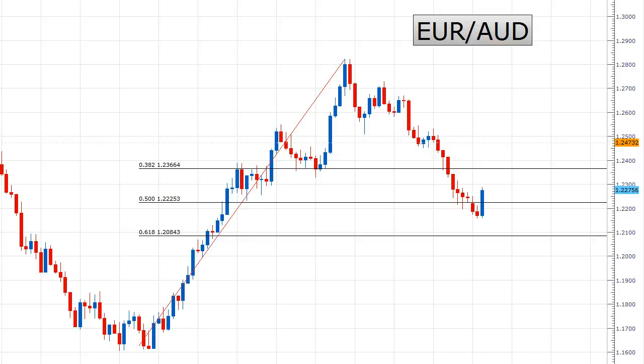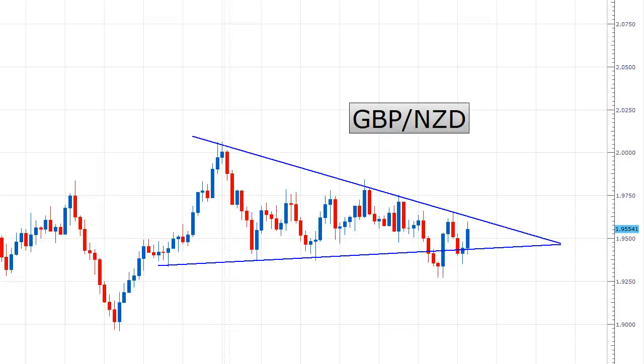Okay, let's end with the pound New Zealand. I want to check the pound New Zealand. It's a pair that we haven't looked at in a while. And we'll end with that one today. And what I just want to quickly point out here is that on the pound New Zealand, we have this kind of triangle wedge forming. Recently, we had what appeared to be a fake breakout to the bottom because price bounced right back in, as you can see. And so right now, we're bouncing right off the level, hopping right back up towards the top.